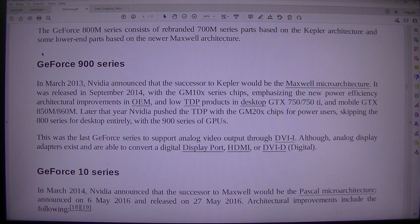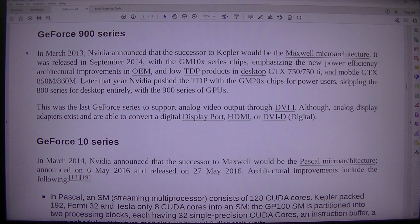GeForce 900 series. In March 2013, Nvidia announced that the successor to Kepler would be the Maxwell microarchitecture. It was released in September 2014. With the GM10X series chips, emphasizing the new power efficiency architectural improvements in OEM, and low TDP products in desktop GTX